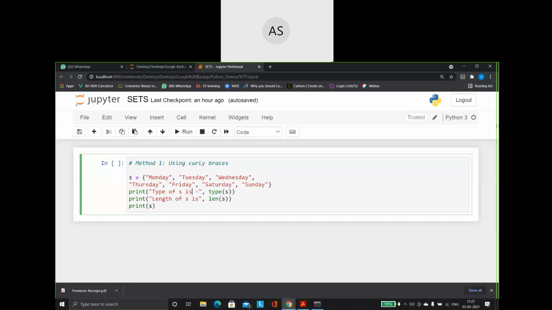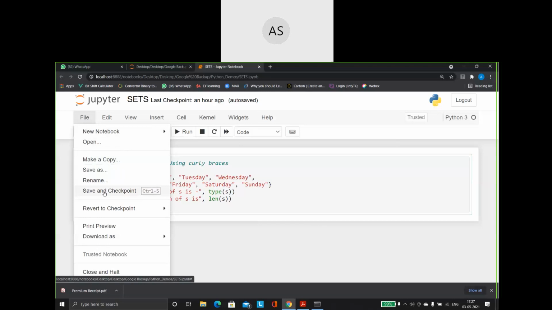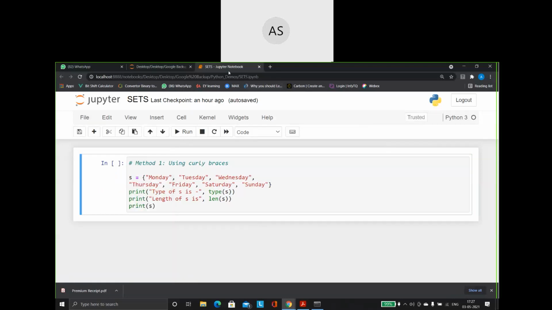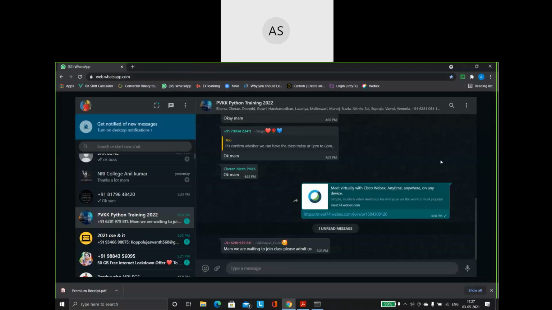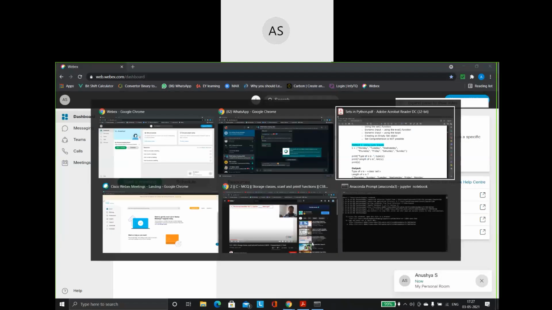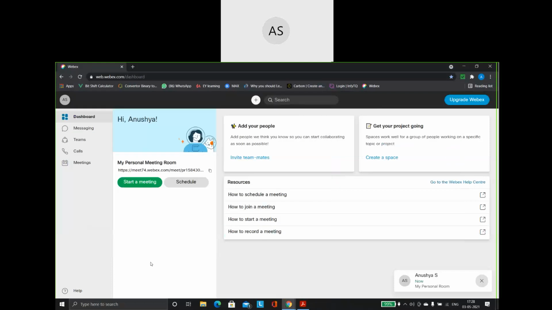So now, here is the screen for Jupyter. The first thing we are going to do is let me show you how to use it. I'm just closing it right now. For making use of Jupyter, once the software is installed, then